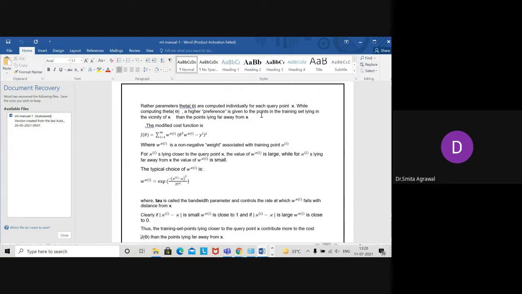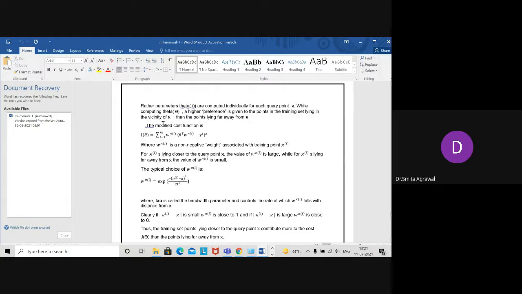While computing theta, a higher preference is given to the points in the training set lying in the vicinity of X, that means the data points which are nearer to X, than the points lying far away from X. So the preference is given to the nearest points.